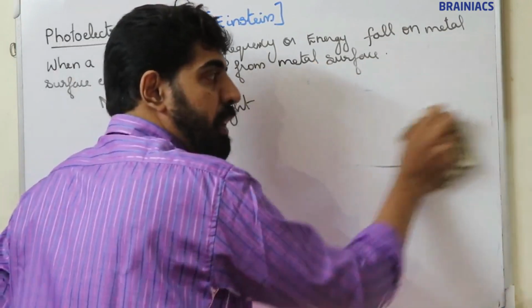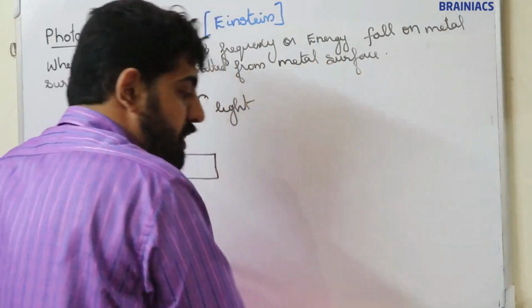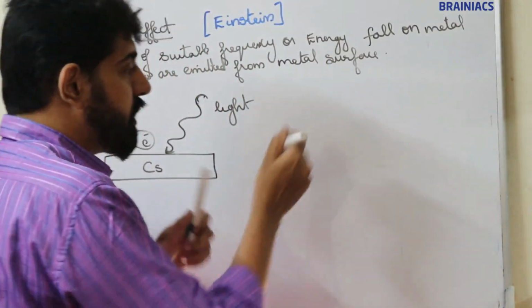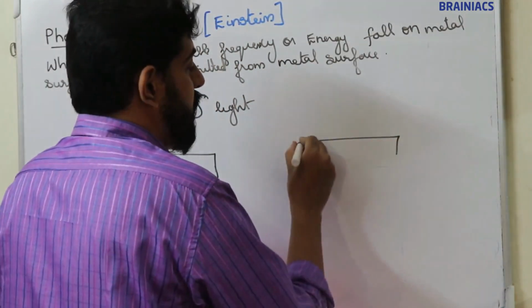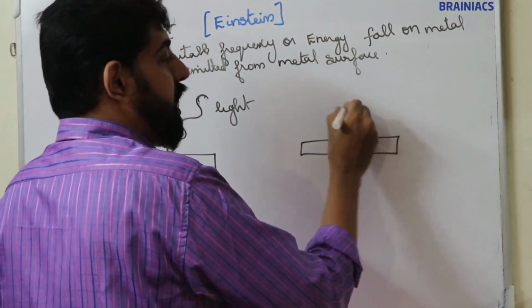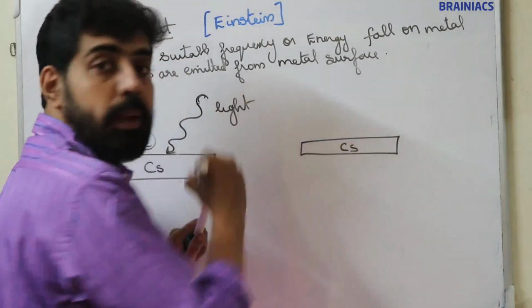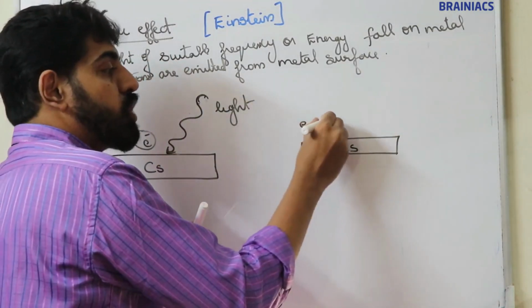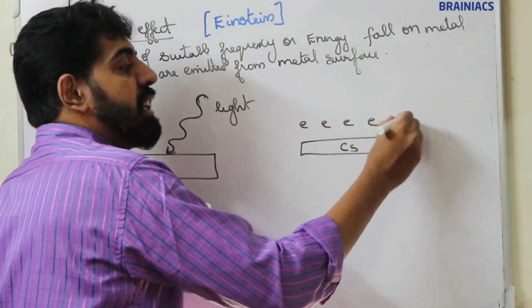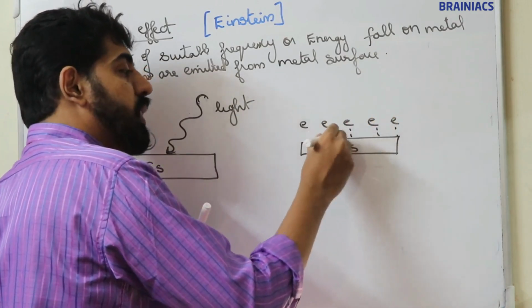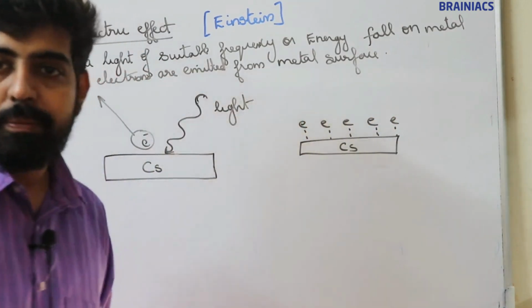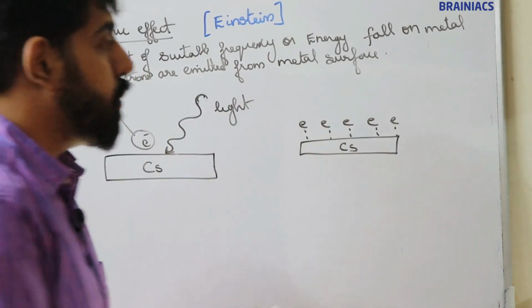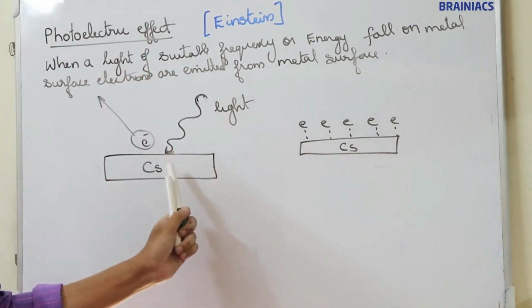Now in cesium metal there are so many electrons attached on the surface. Let this be the cesium metal. And there are so many electrons on the surface of cesium metal. They are bonded on the surface of cesium metal, right? They are bonded. Now when light strikes on cesium metal surface,